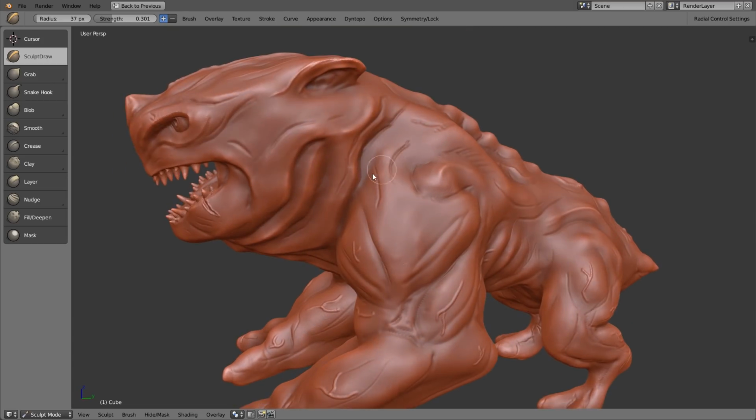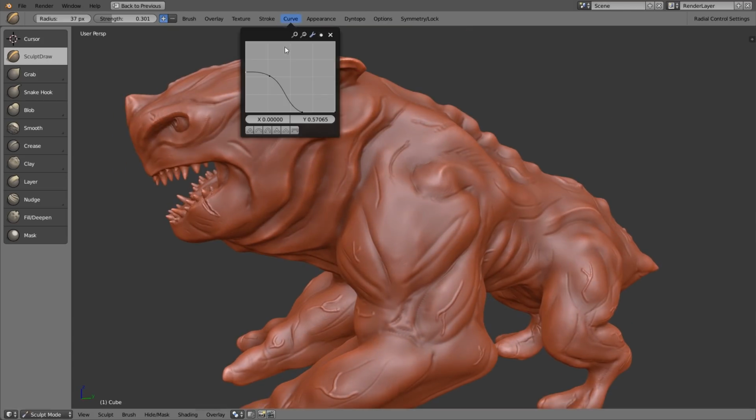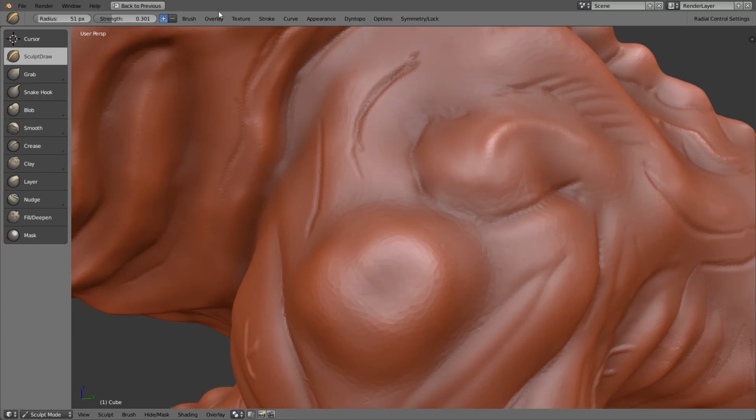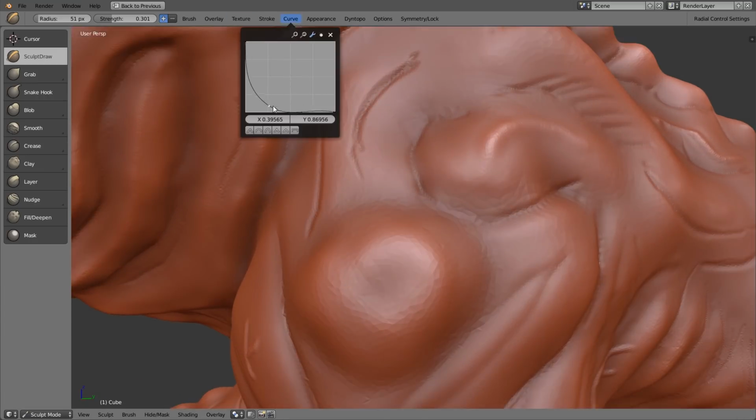And what I did was I adjusted the curve quite a lot. So with the curve, you basically can control the profile of your brush. For example, if I use this standardish curve, we have this very roundish shape. And if I make this more pointy,